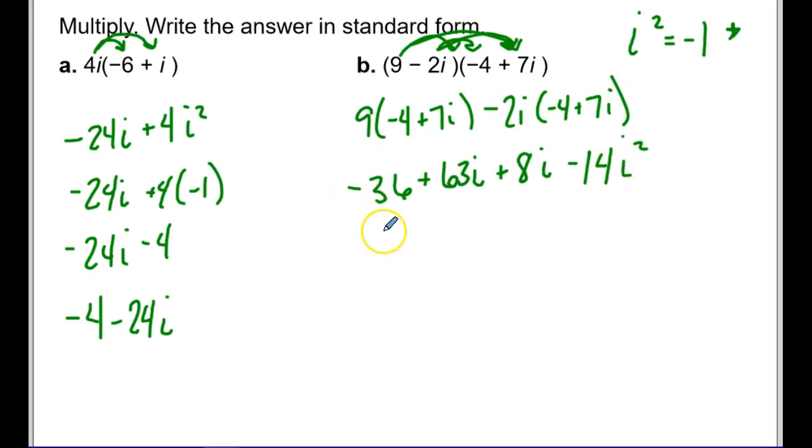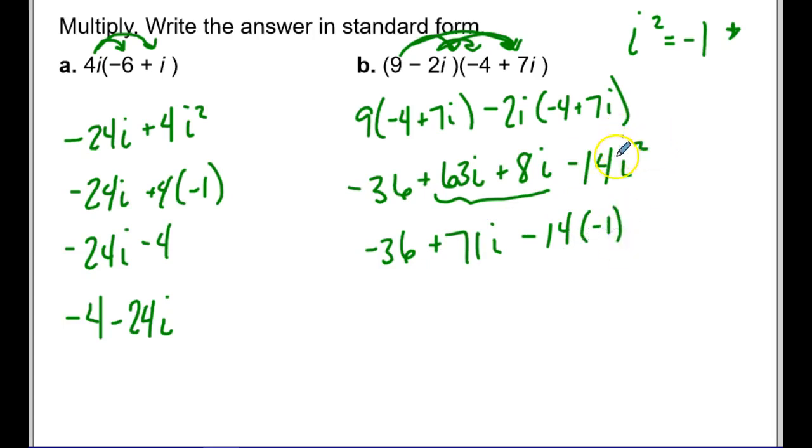So now let's simplify what we have. This negative 36 will stay there. Here I have some common terms. They both have i's, so 63 plus 8 gives me 71i. And here I have this negative 14, but I have to multiply it by that negative 1 because i squared is a negative 1. So I have negative 36 plus 71i